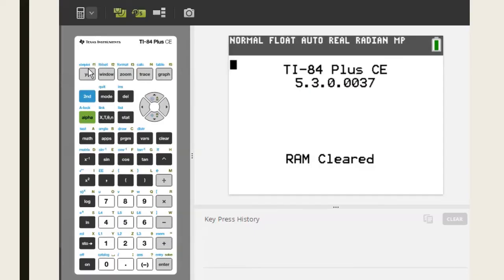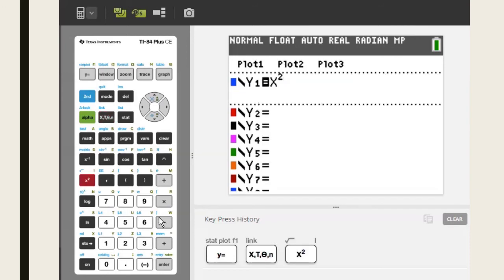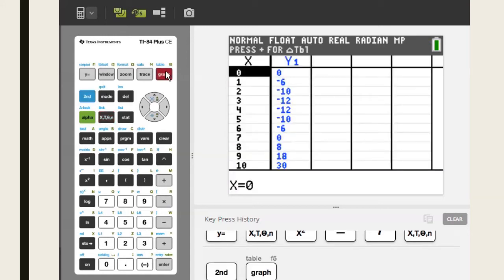Answers are correct or not by putting the quadratic equation in y equals. So in this case, I'm going to put y equals x squared minus 7x. I know that my equation is equal to 0. That means I need to look at the table and find out what the zeros are, or the